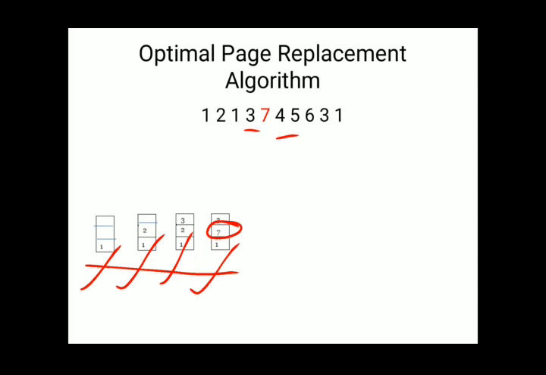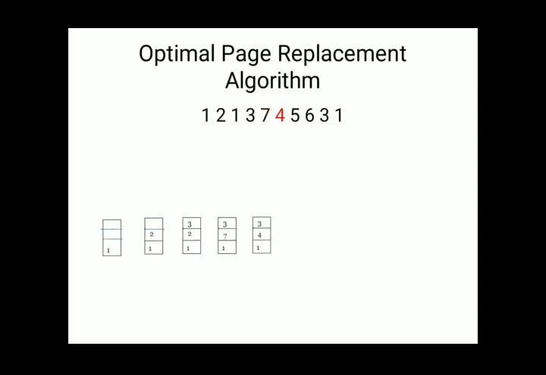So we have 3, 7 and 1 in the main memory. Now we have to decide which page to replace for 4. So check that 3 and 1 will be used in the future, and 7 will not be used in the future, so we can replace 7 with 4. Okay, so 7 is replaced with 4, and till now 5 page faults have occurred, and the next element is